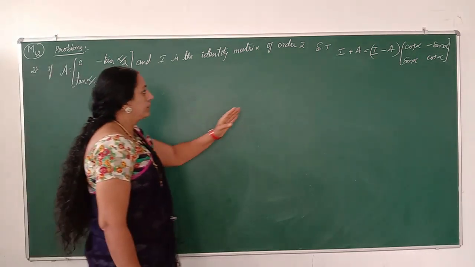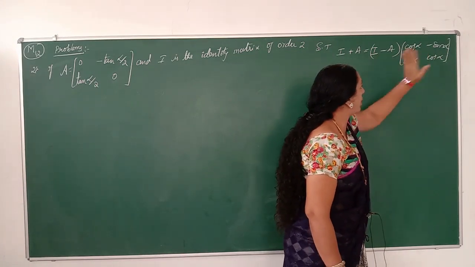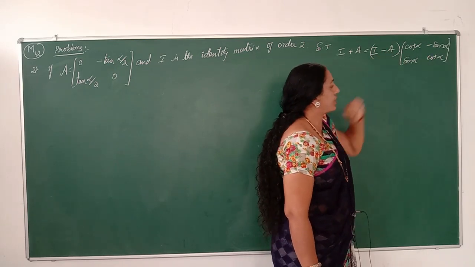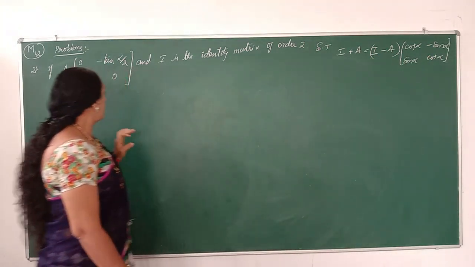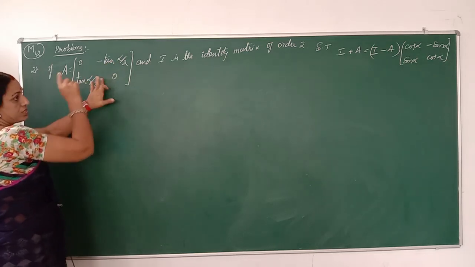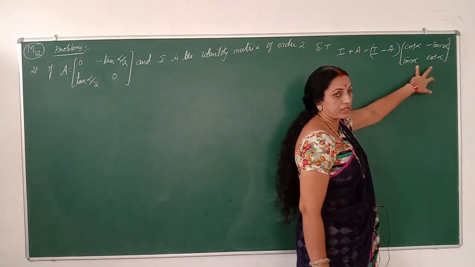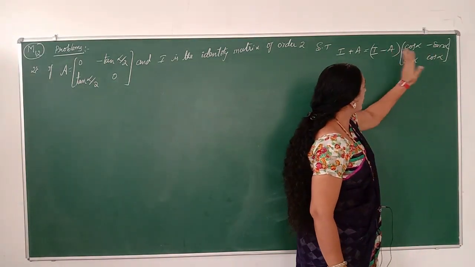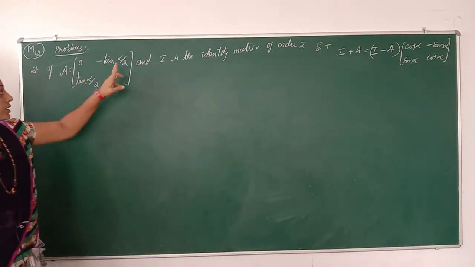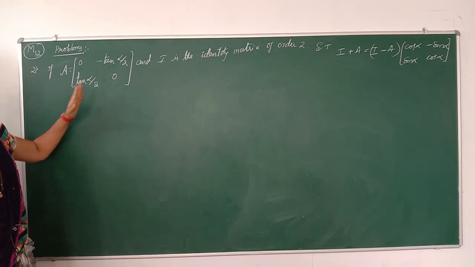First we'll work on the RHS: I minus A into some matrix, means I minus A is one matrix, which is multiplied with another matrix. But A depends purely on the half angle functions and the other matrix depends on the multiple angle alpha, but in the given problem it is the half angle. Therefore, first we'll simplify the matrix A.